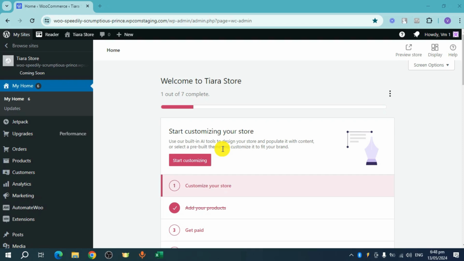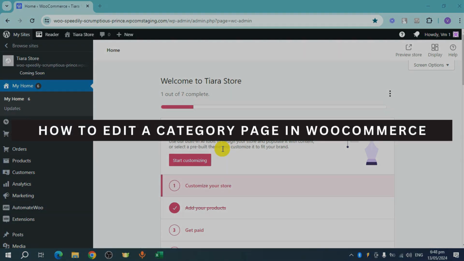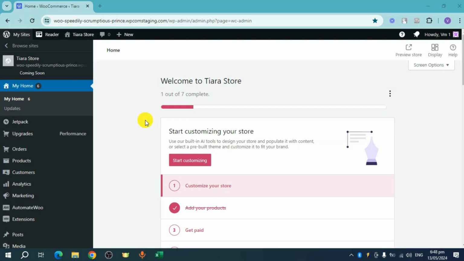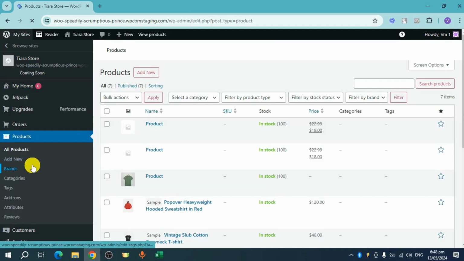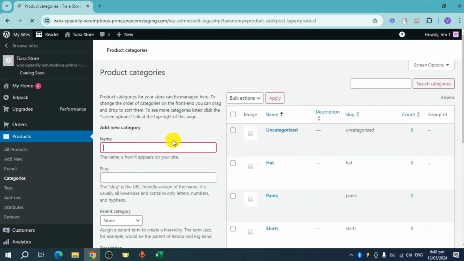In this video, I'll show you how to edit a category page in WooCommerce. So let's get started. What we can do is click first on our products right here. Now, once you have clicked on that, you can see this option right here for categories. So click on that, and once you have clicked on that, it will show you these categories that you